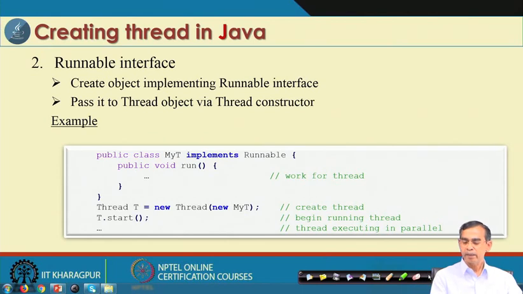Now, let us repeat the same procedure that we discussed in our last module example. We considered 3 threads, thread A, thread B, thread C, which print negative numbers, even numbers and odd numbers. We will implement the same concept here, but using the Runnable interface, so that we can understand how the two approaches work for us.